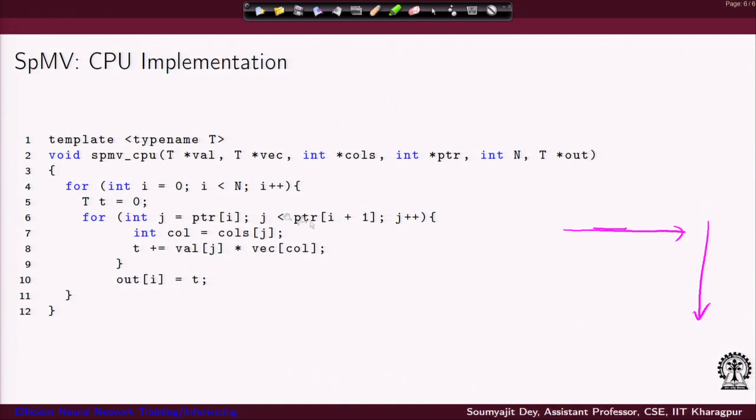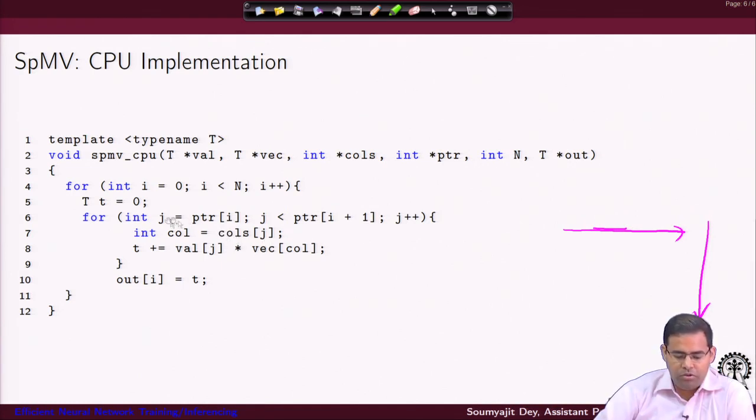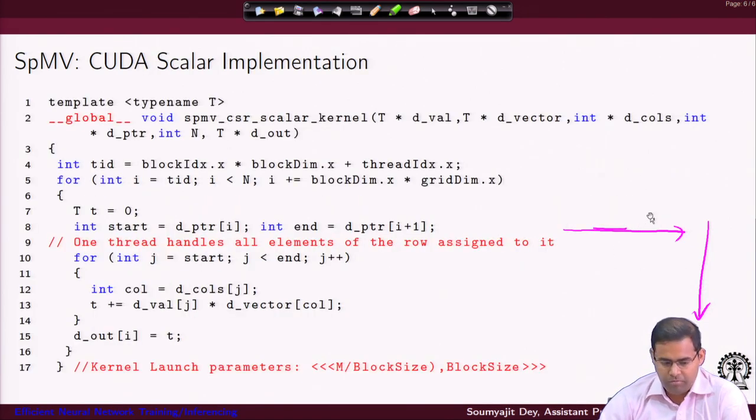You get the value in this way: since you have set PTR I to j, you will just look into val j, because that is the value. And the column you will just get, because you have already got PTR I's value in j, just sample from the column matrix at j, that is giving you the column. And once you have got the column, you know how to get the vector values, right. So, that is how you are going to do the matrix vector multiplication by sampling the vector's corresponding location value, because this column that you are getting also tells you which value to sample from the vector. I hope that is clear.